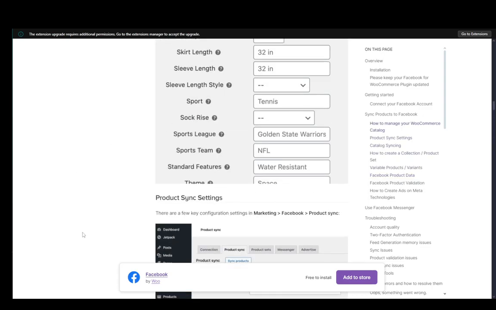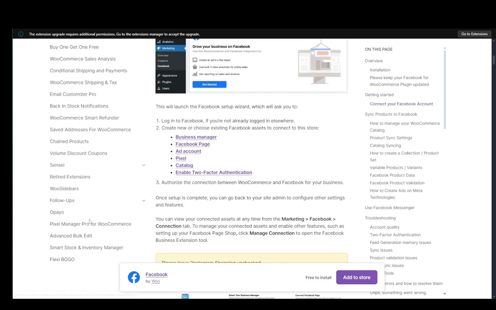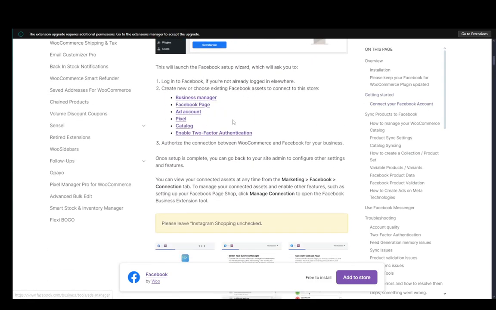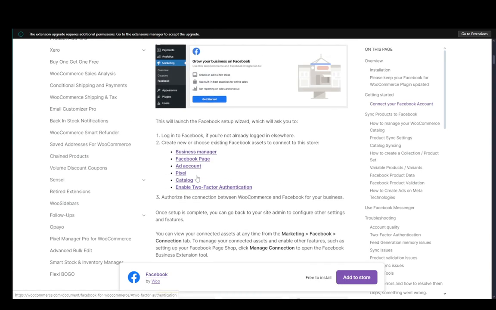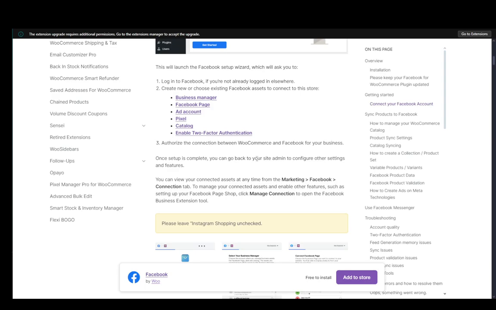Now, because I skipped over it, I'll just go back. I'll show you guys how you can connect the two accounts. And the way you do this is you log into Facebook if you're not already logged in, and then you need to create new or choose existing Facebook assets to connect, either the business manager, Facebook page, ad account, pixel, catalog, and two-factor authentication. You should have the ad account, and then you need to authorize the connection between the